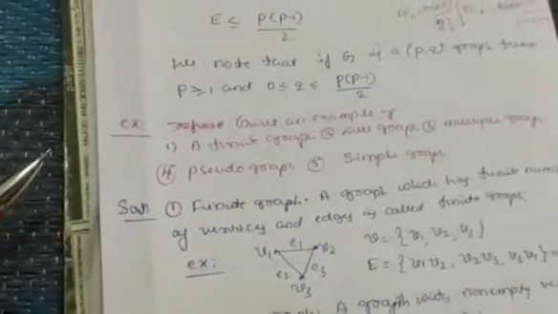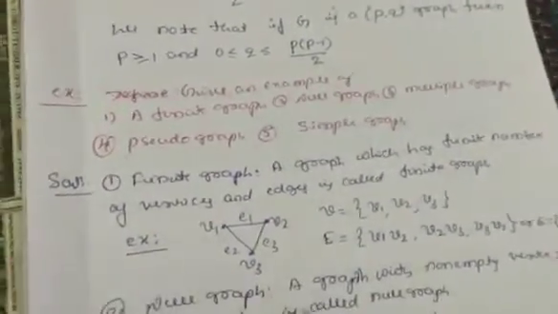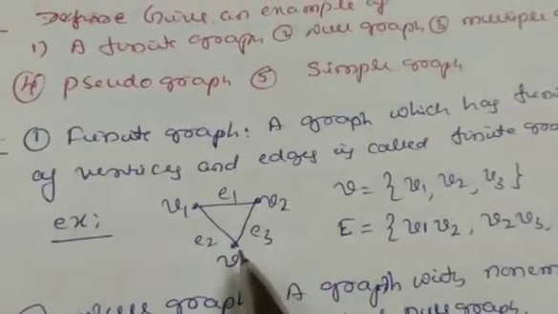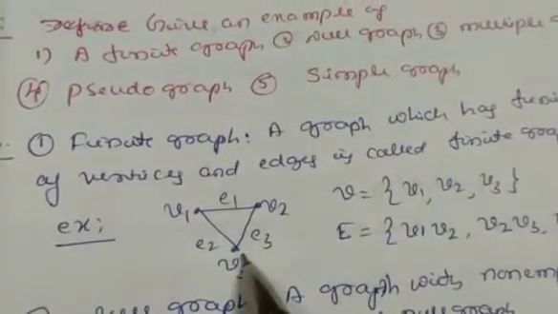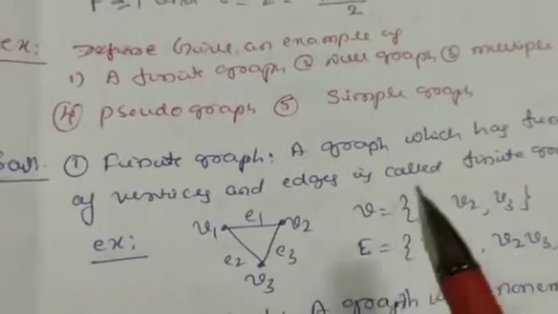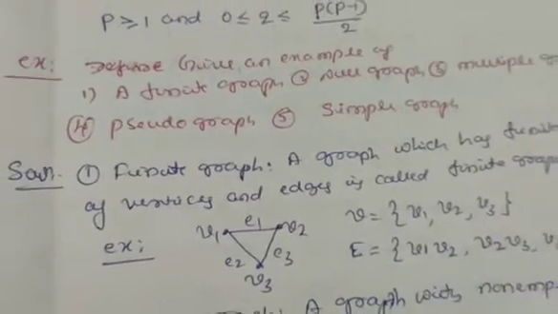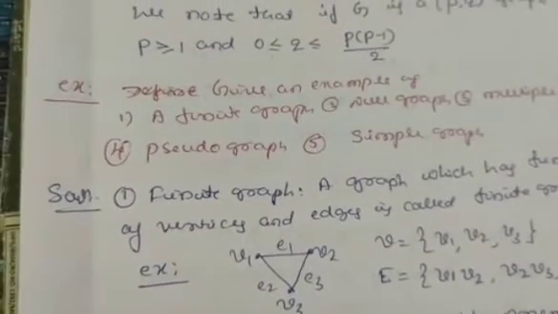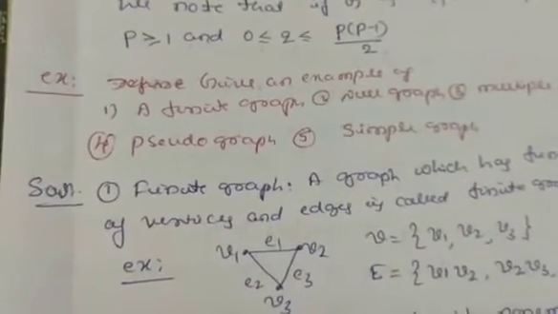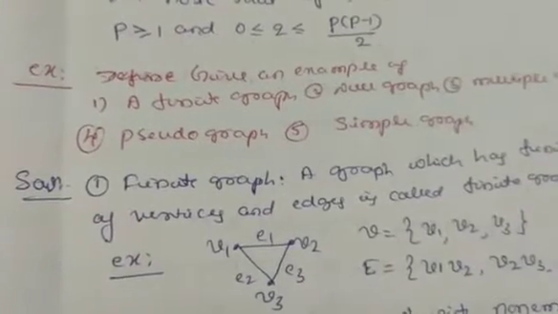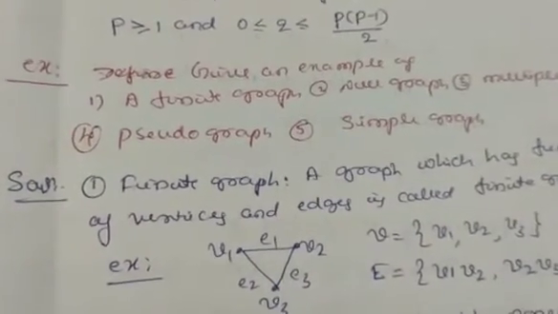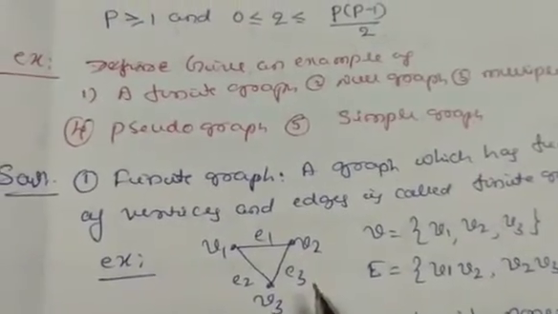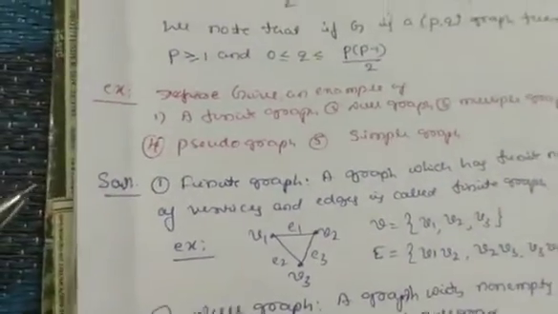Suppose we have a graph here. This is our graph. It has 3 vertices. 3 vertices means this graph has at maximum 3 into 3 minus 1 divided by 2, that is 3 into 2 divided by 2. It has only a maximum of 3 edges, not more than that. So this we have proved here.